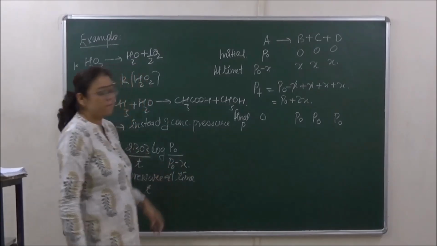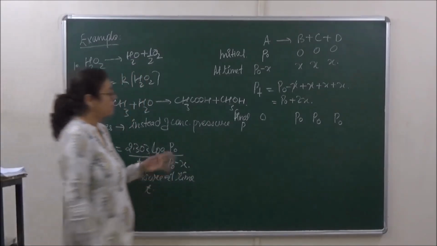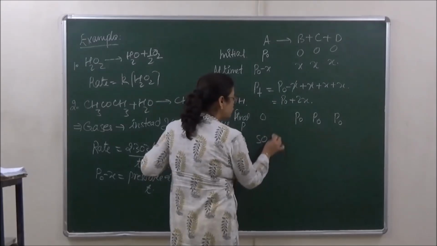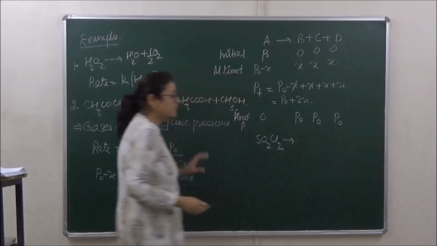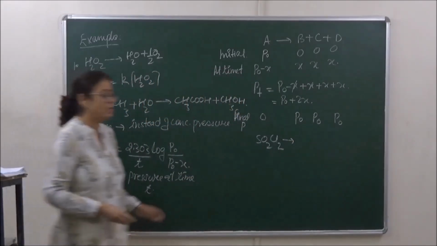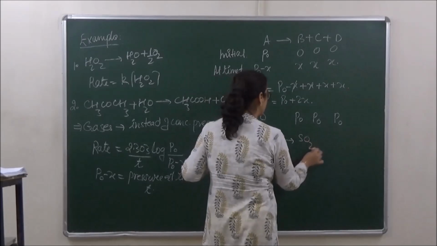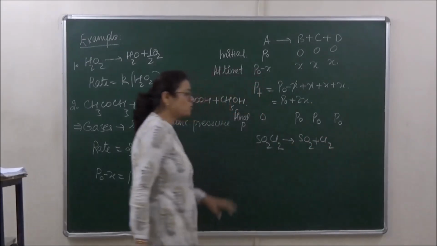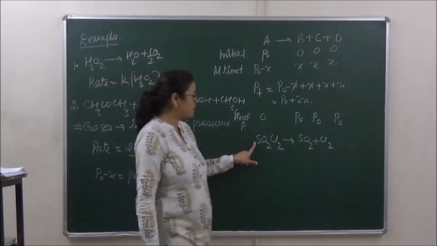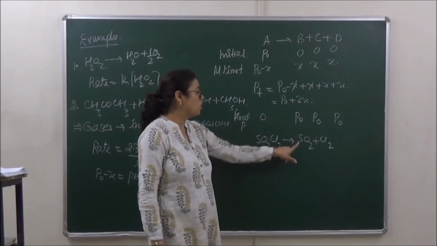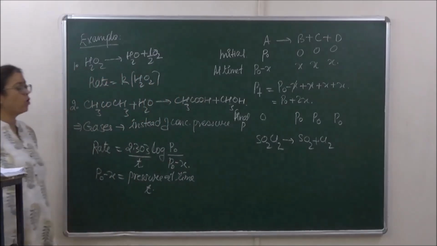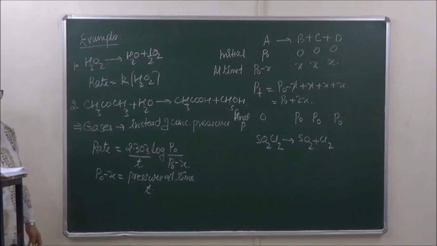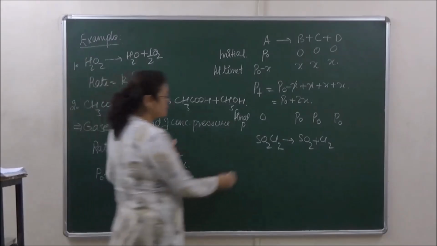After this, if we are taking an example in which the number of moles of reactants is equal to the number of moles of products, SO2Cl2 gives us SO2 plus Cl2. So over here you can see there is 1 mole of SO2Cl2, 1 mole of SO2 and 1 mole of Cl2. So the number of moles in this case are all going to be the same. ठीक है? So यहाँ पे हमारे पास क्या आ जाएगा?